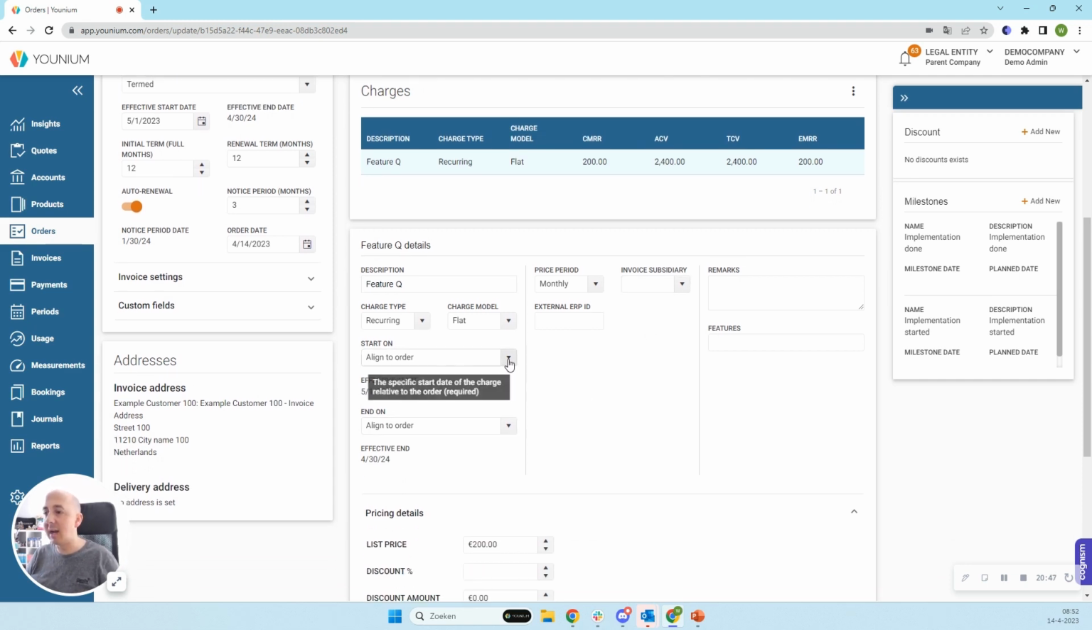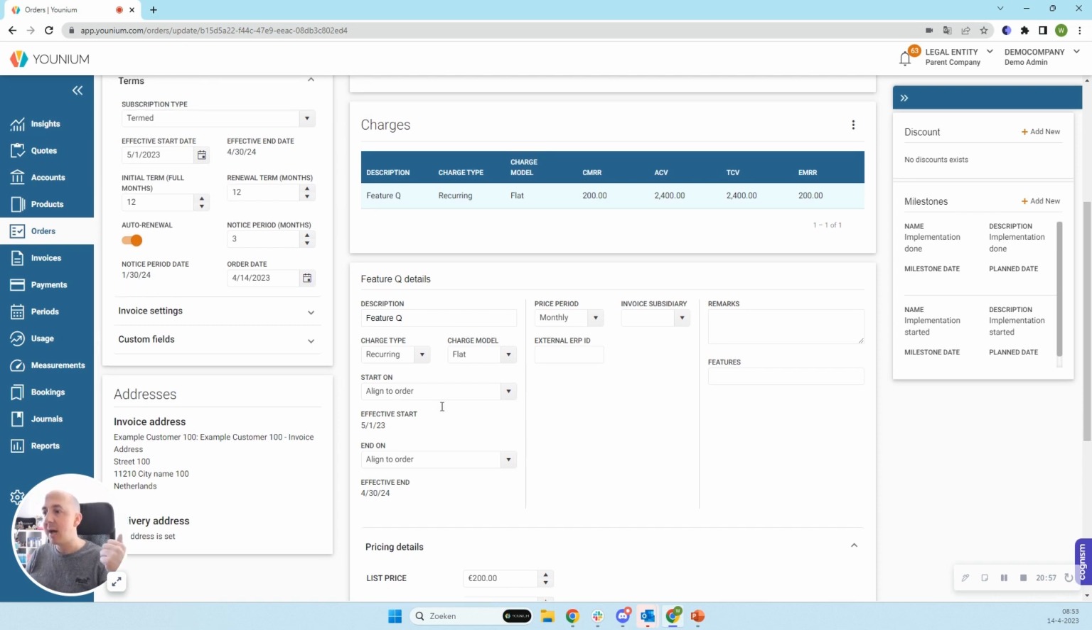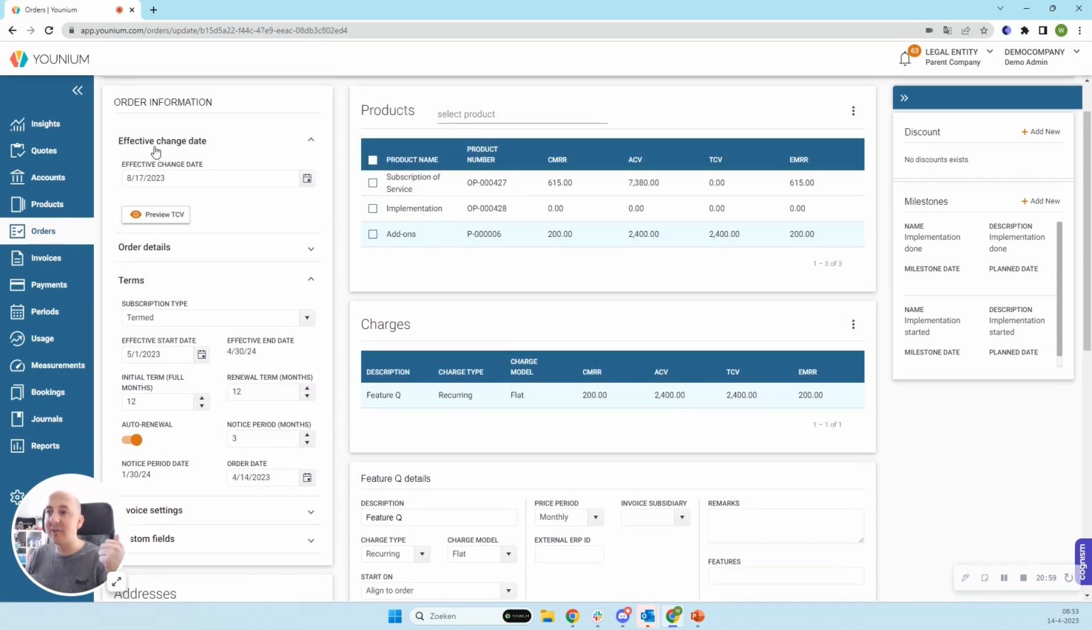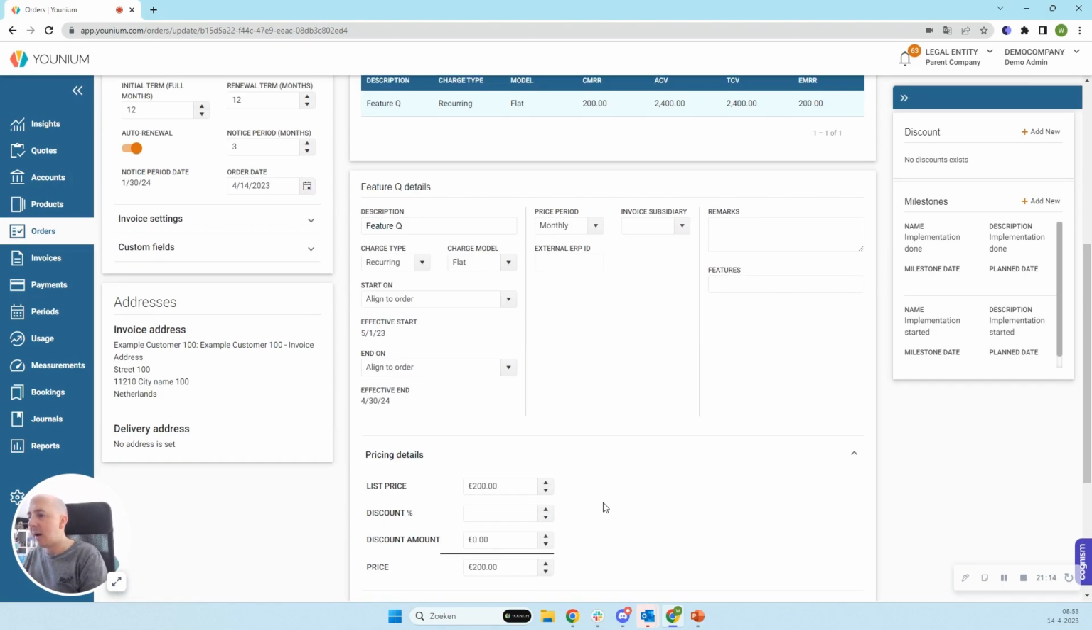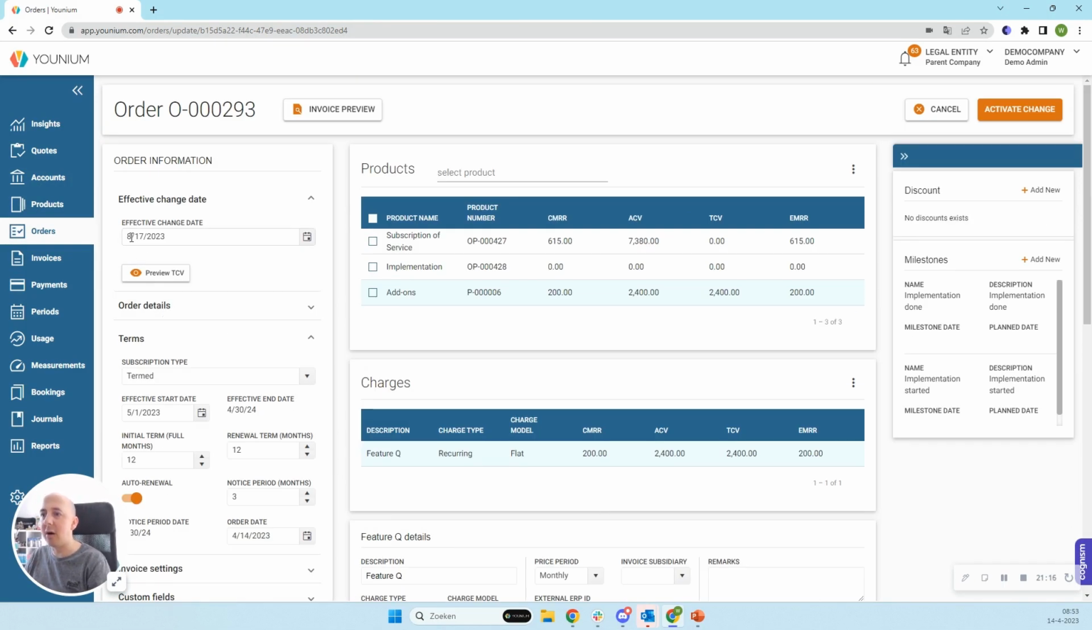And in this case, the start align to order doesn't mean we invoice it from the 1st of May. That will be unfair because they didn't have access to this for 3.5 months. In this case, align to order means to the change of the subscription. So the 17th of August. If they say like we want to make use of this add-on from the 1st of September, for instance, then you can set this to a specific date, 1st of September. Same principle as with creating an order. I just leave it to the 17th of August because I want Younium to have a tough time calculating the